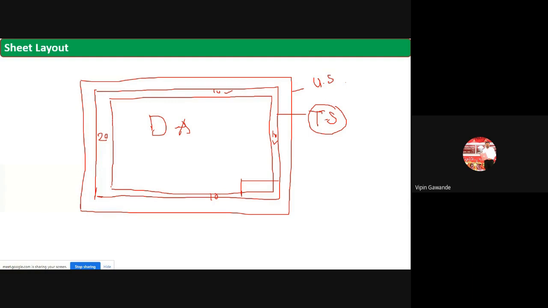Now after construction of the drawing, suppose we have to keep this drawing sheet, we have to place it in the sheet folder. If you have the sheet folder, then you can punch this sheet here. You can make the punch in this 20 mm region, and by making the punch, we can place this sheet in the sheet folder. So that's why it is 20 mm here, and not 10 mm.